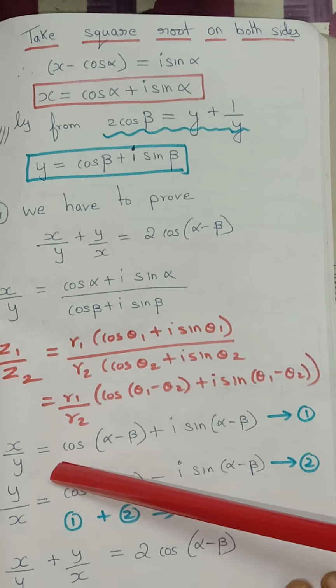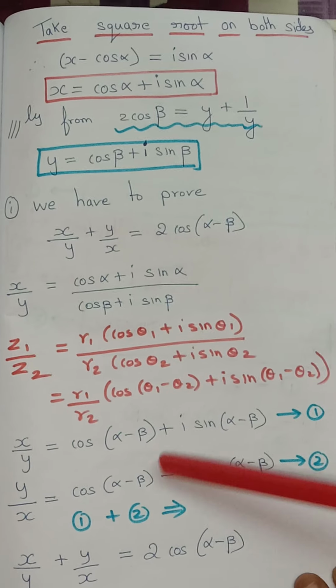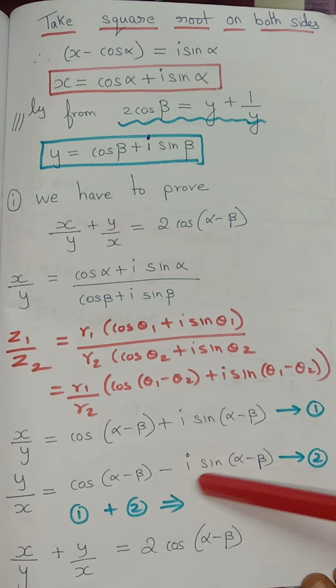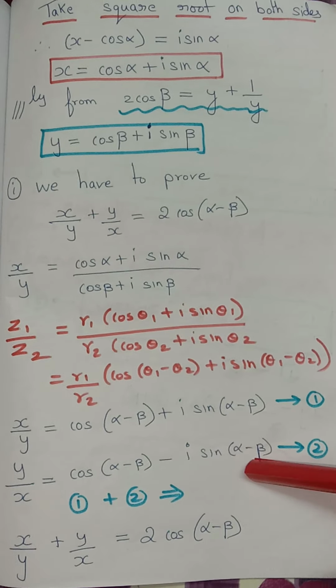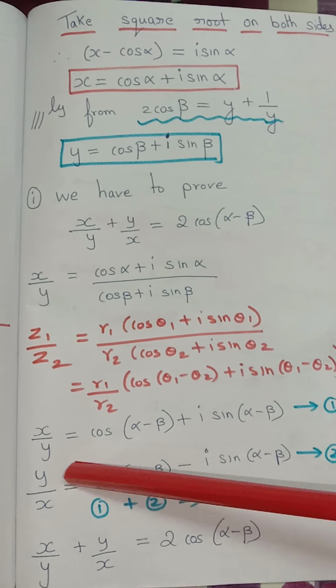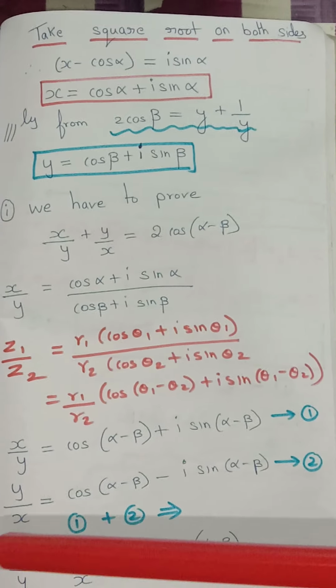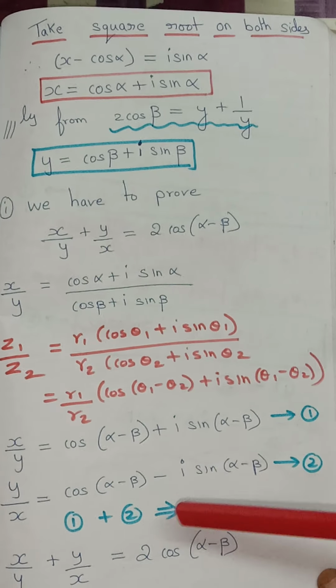So let me repeat once again. Once you find a complex number, suppose its modulus, how to find the modulus? I said square root of the real part square plus the imaginary part square. So cos square plus sin square is 1, which means for the reciprocal it is simply the conjugate. So the reciprocal is cos(alpha minus beta), instead of plus i, I have to put minus i sin(alpha minus beta). So this result you always remember. When you have to find the reciprocal, if the modulus is 1, simply write the conjugate.